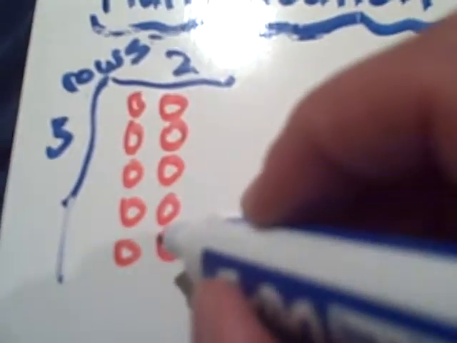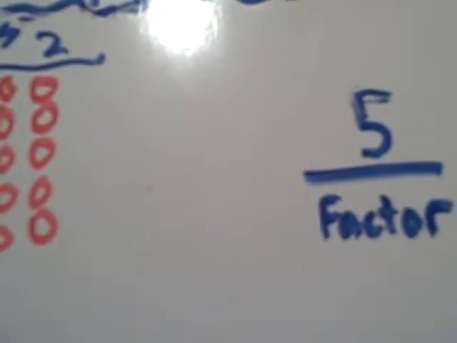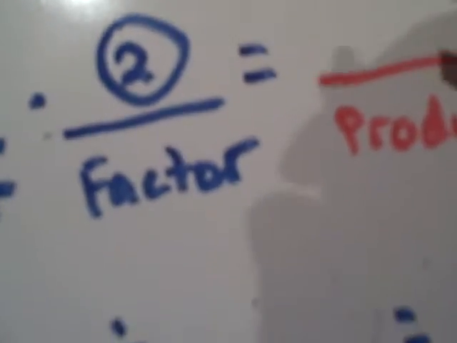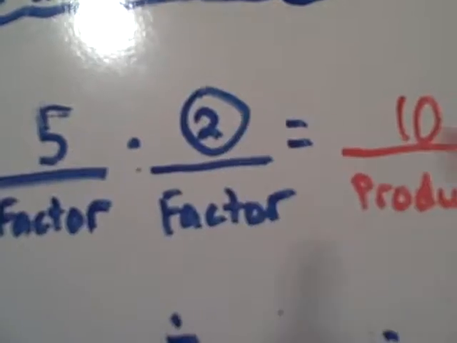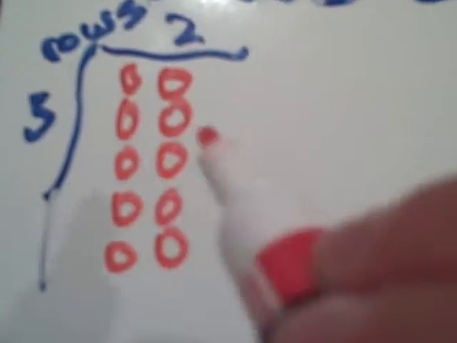2, 4, 6, 8, 10. Guess what? My answer is 10. 5 times 2 equals 10. Okay? That's probably review for most of you, but I'll write that in there anyway for the product. Now here's the cool part. If 5 groups of 2 or 5 rows of 2 make 10,